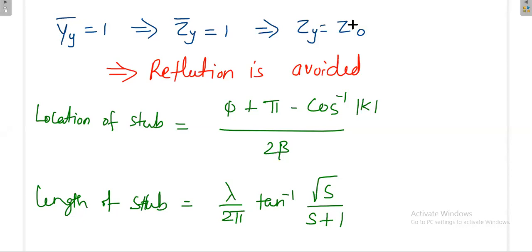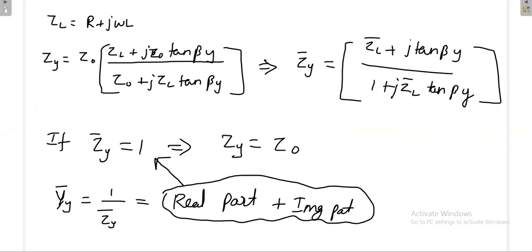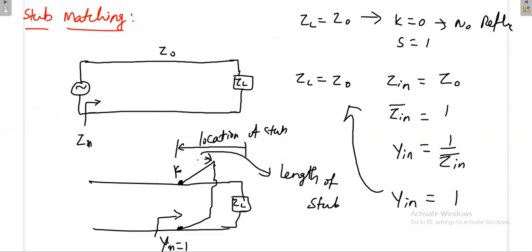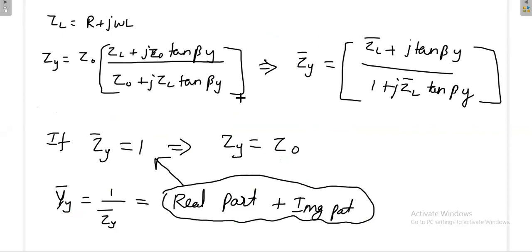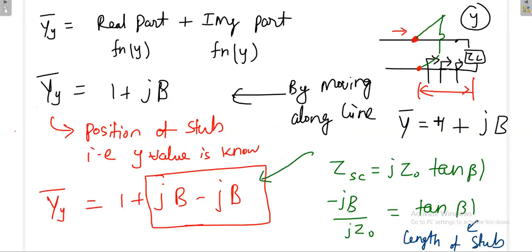5 minutes is there. Finally, they may not ask these in the exam, but I don't know, but you should know. Just read it. In the exam, questions can be asked in any way. Simply they'll ask about single stub matching; they won't ask you for the derivation. They'll give you this formula directly.